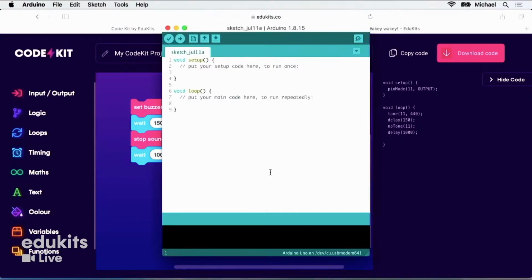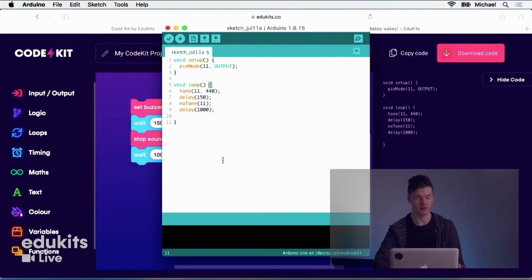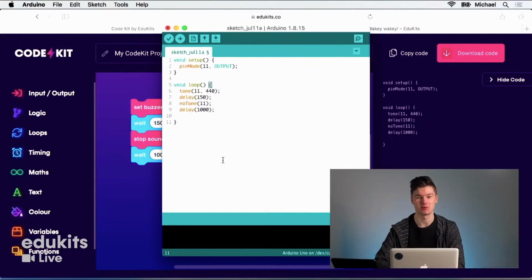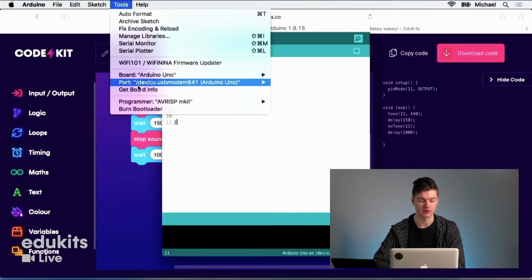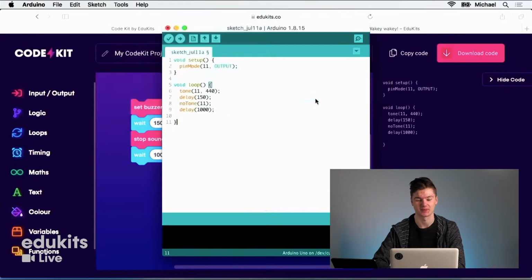You can see I have a brand new sketch. I'm going to select all of the code in it, backspace it to clear it out, then right click and paste in the new code that's been generated for us. Now, you will need to remember to select the port for the brain board again, and you can do this by going to the Tools menu up the top, selecting port, and making sure that you have the Arduino Uno option selected. I'm going to click that and then click the right facing upload arrow to send the code to the board.